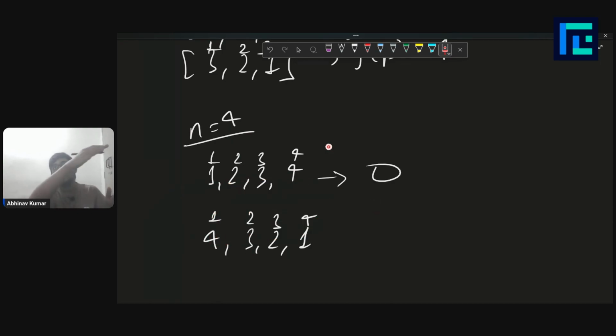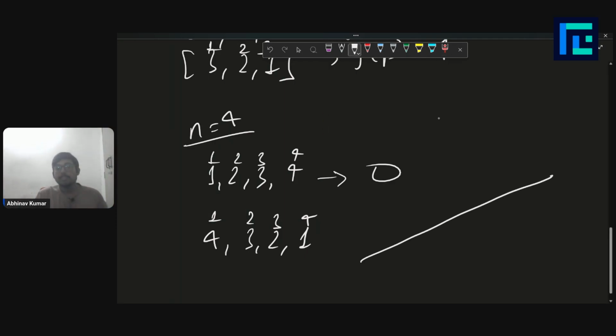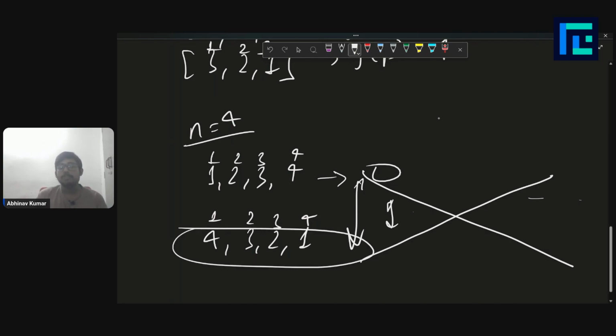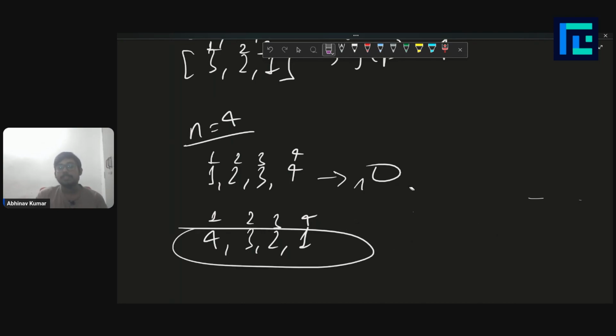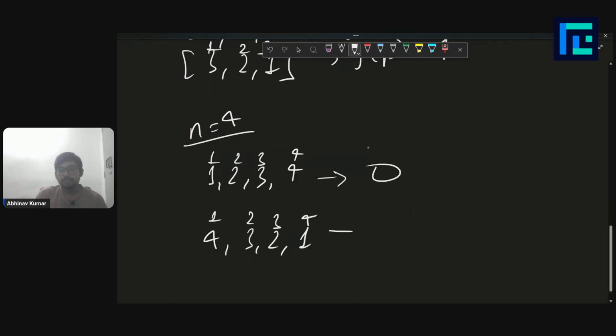If we take the largest value and then go on decreasing, as i is increasing like this and p_i goes like this, then this difference would be maximum, then this, then this. So if you take the permutation in reverse order, you would always get the maximum value that you can get. You cannot get more than this. So this one thing is